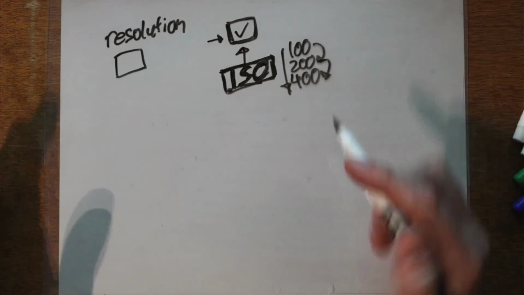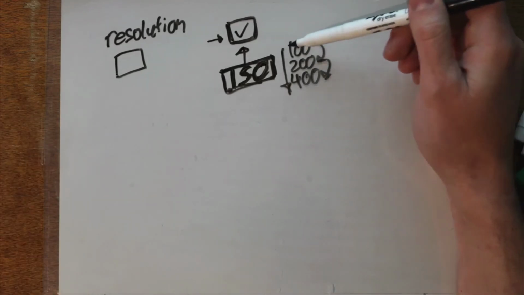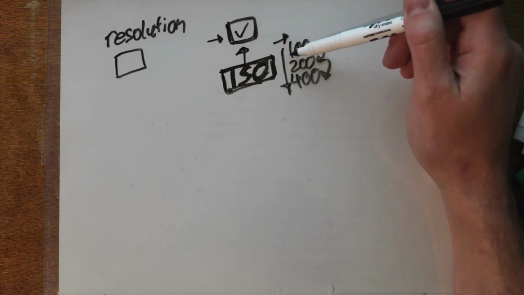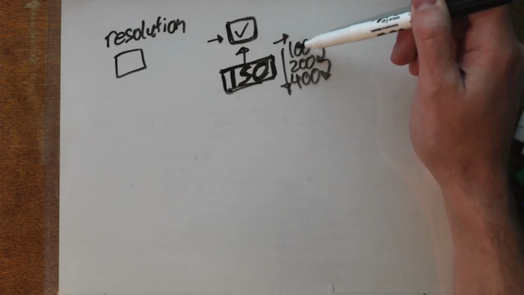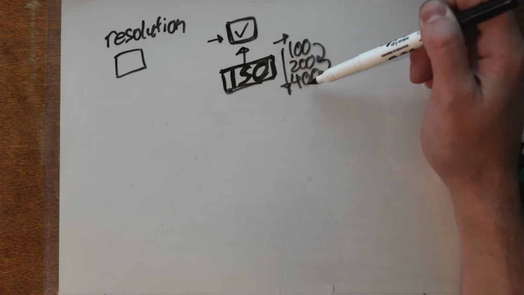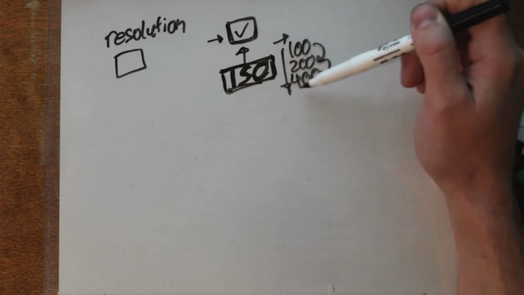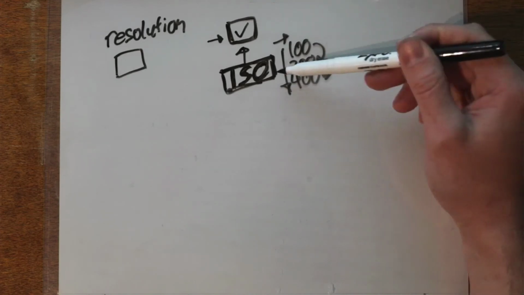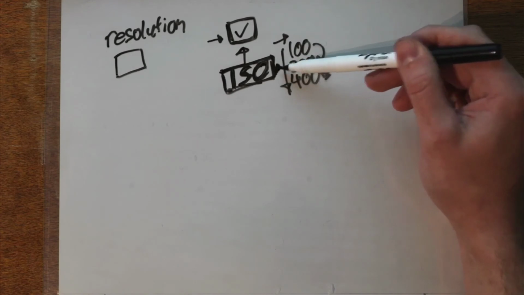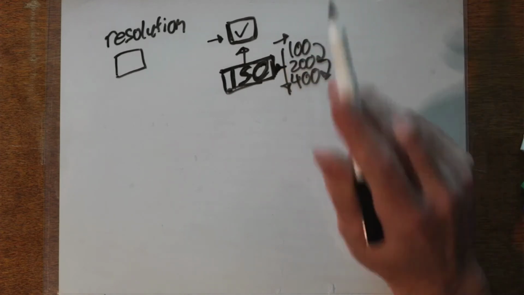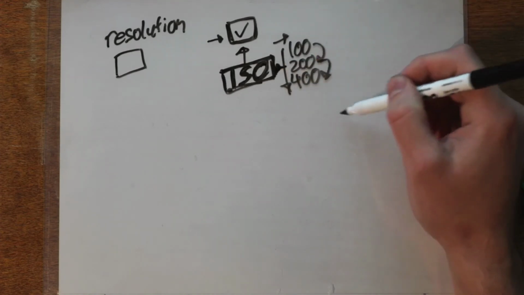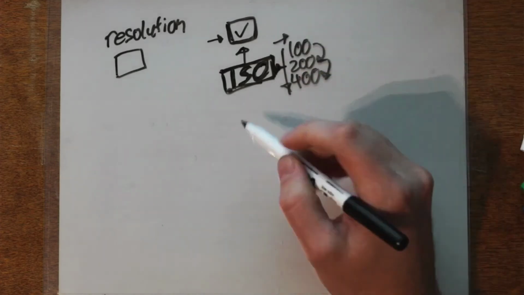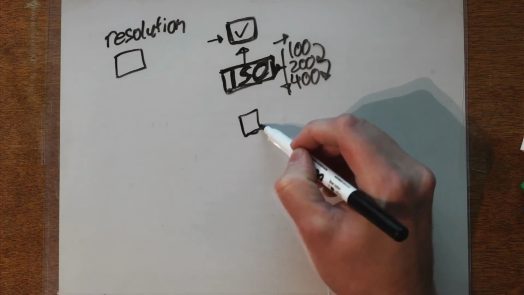So if it takes us 10 photons to set off this sensor, it'll only take 5 to set off this one. It'll only take 2.5 or 3 to set off this one. So as we double our ISO, we double our sensitivity. But there's a problem. You can't just freely keep bumping this up, because what happens is that sometimes these little